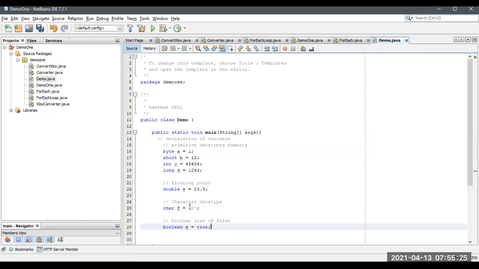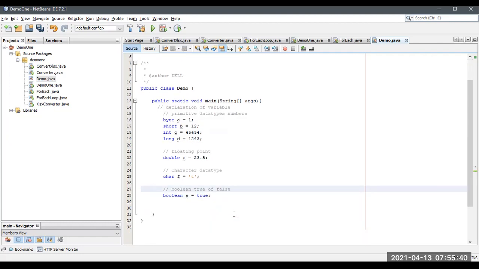So there is no need to mention a comment over here, because only true or false can be assigned to the Boolean data type, so for the variable we can directly write true or false. One thing I want to tell you: in non-primitive data types we have a null value, but in primitive data types we have to assign a value finally. So it won't go for a null value. If it is a null value, it throws an error, so primitive data types won't allow null values.